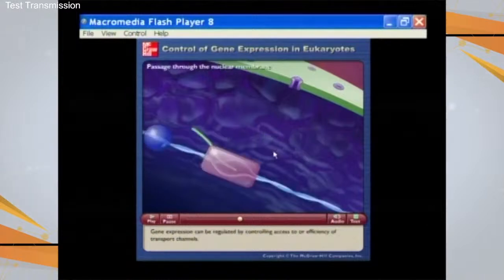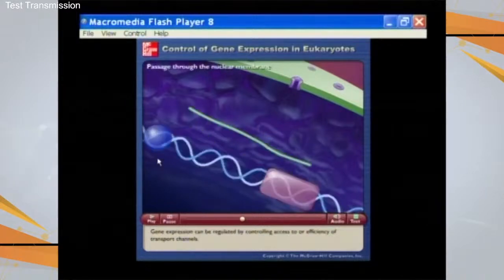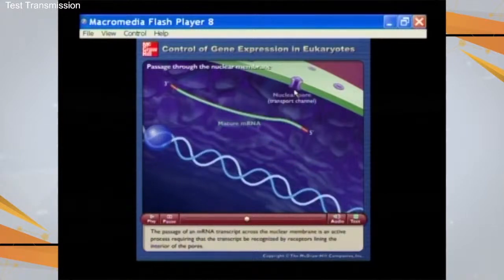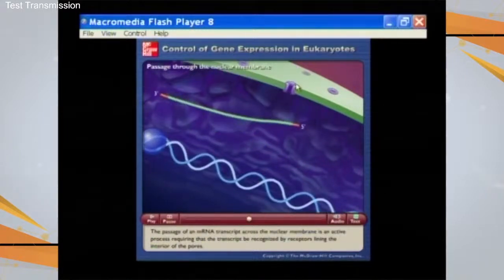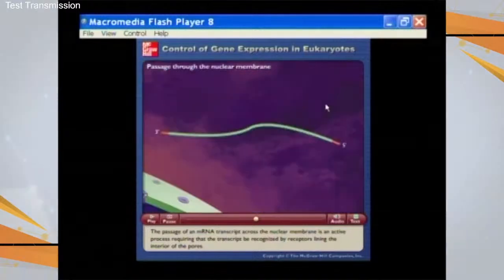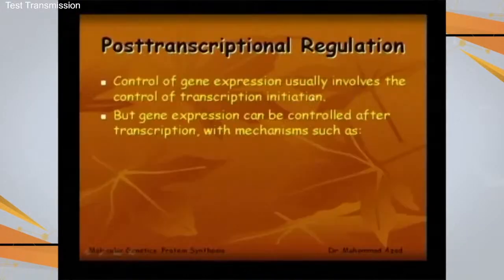And again, the whole of this process passes through this pore. These are the nuclear pores which are present in the nuclear membrane. So this is going to the cytoplasm. So in the cytoplasm, it involves the control of transcription initiation, but